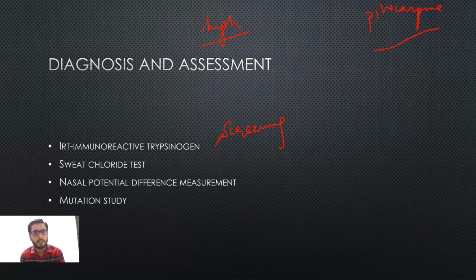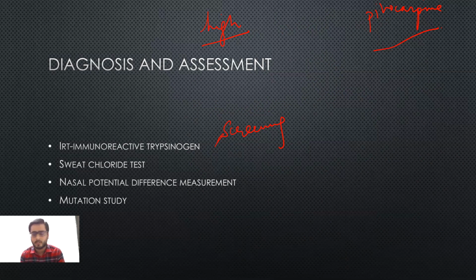So with the help of electric current, this pilocarpine is being infused in the skin of the babies, preferably done in the first 48 hours. We should ideally do it after the first week of life because of the smaller number of sweat glands. So we induce this pilocarpine in the skin of the patient with the help of electric current, and it stimulates the sweat glands and the formation of sweat.